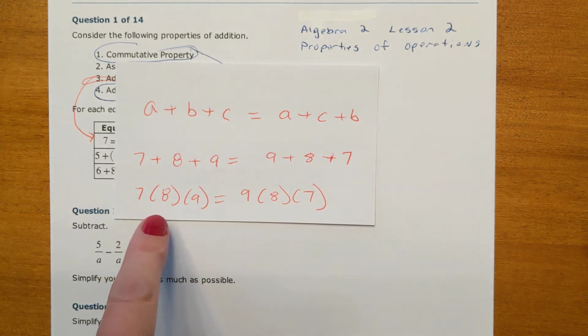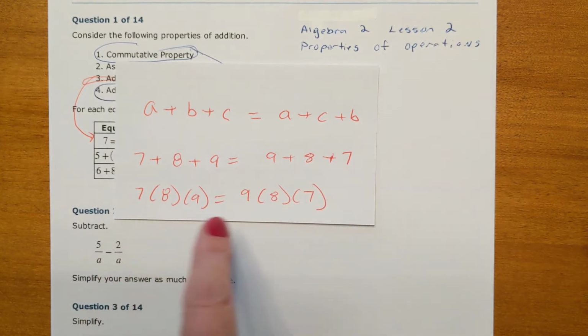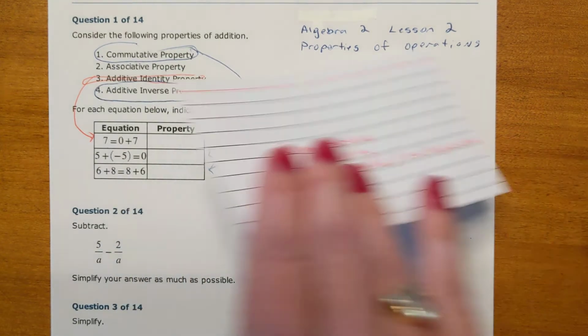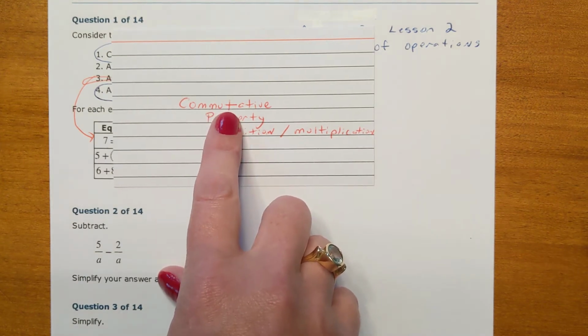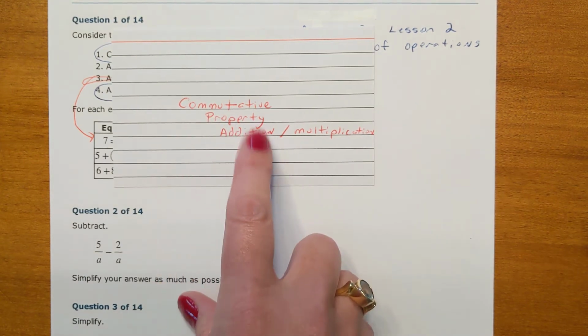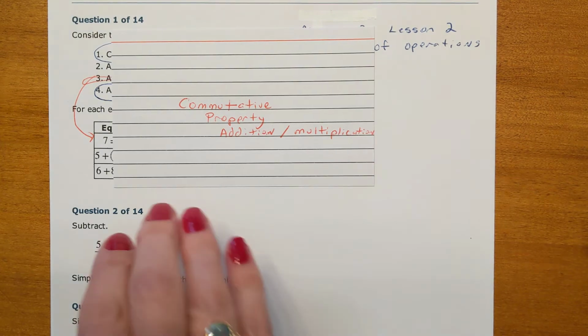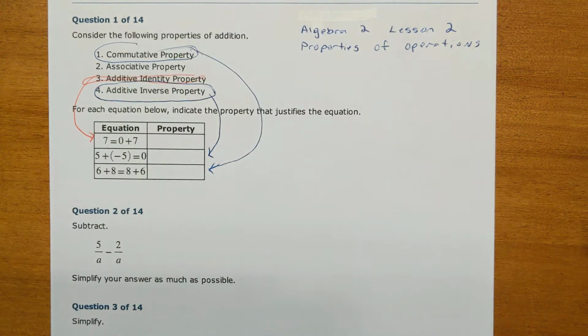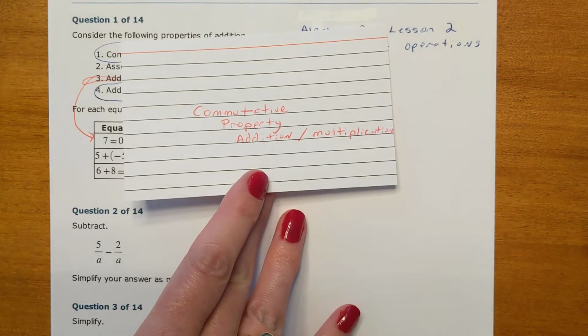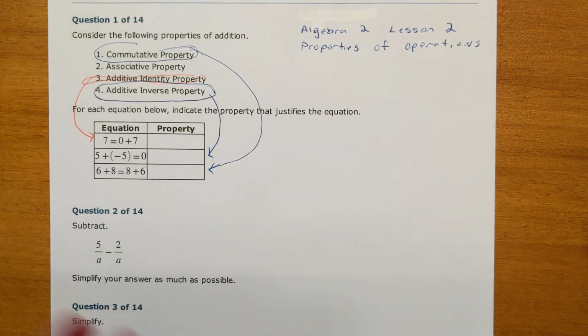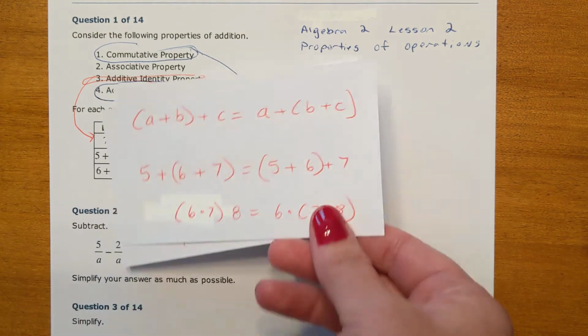Same thing with the multiplication. 7 times 8 times 9 is now 9 times 8 times 7. Or you could say the numbers commuted. Commute means, when you commute to work, you're driving to work, your mom and dad commute to work. So commutative property of addition or multiplication. So again, you should be able to look at the one side of your card, flip it over, and be able to say commutative property of addition, multiplication. For the next card,